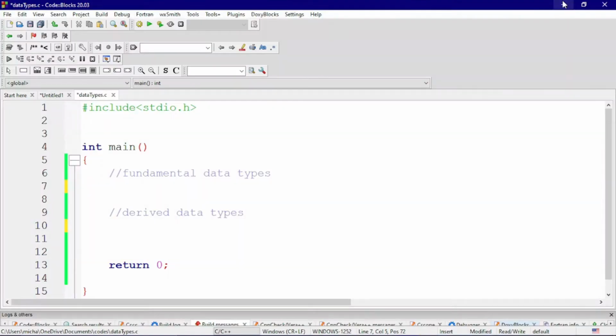So back to our topic, fundamental data types. Here we mean the basic data types of C. In C, we have integers, floats, doubles, and characters, and those are all under the fundamental data types of C. The first three, integers, floats, and doubles, are numeric data types. What I mean by that is they all emphasize numbers.